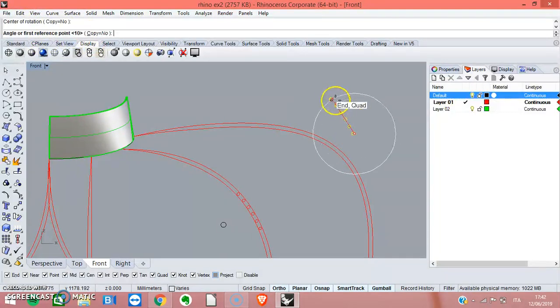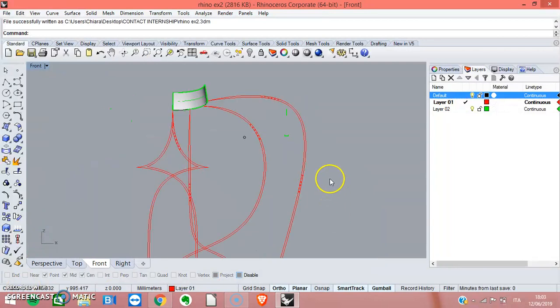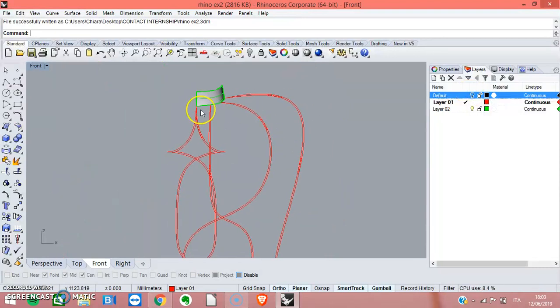Center of partition and 15 more. Five holes. Okay, you can decide where I can put my 6 holes. Okay, now we have the hole, and we have to decide how we can recreate